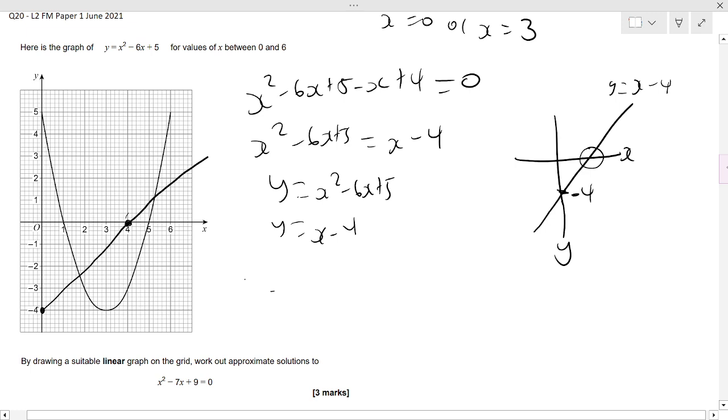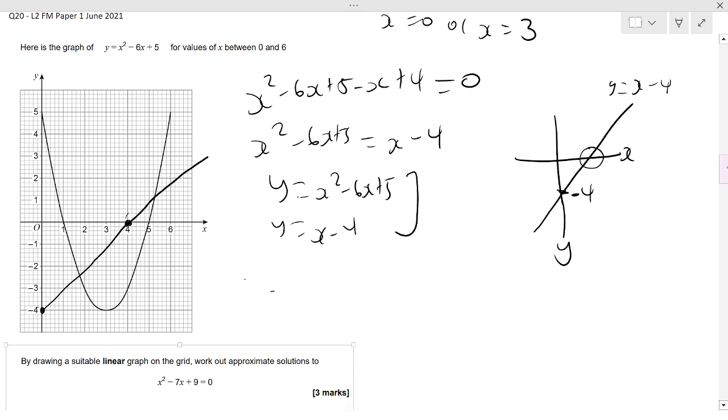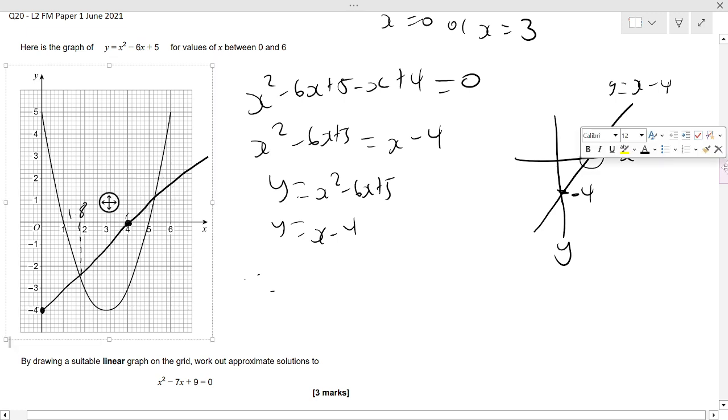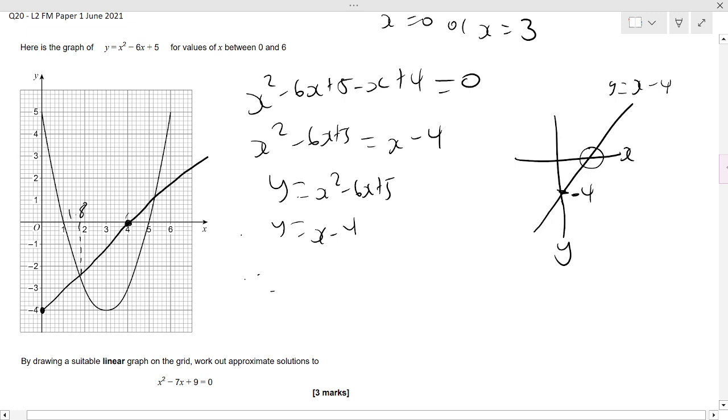Okay, well then, like I said, they equal each other when they intersect, which should give the solution to this. Where do they intersect? Well, it's going to be here and here, isn't it? So then the x values, we're going to read off the graph. If we read off the graph, it's going to be this point here, which is going to be 1.8. Hopefully you can see that, roughly thereabouts. And here,